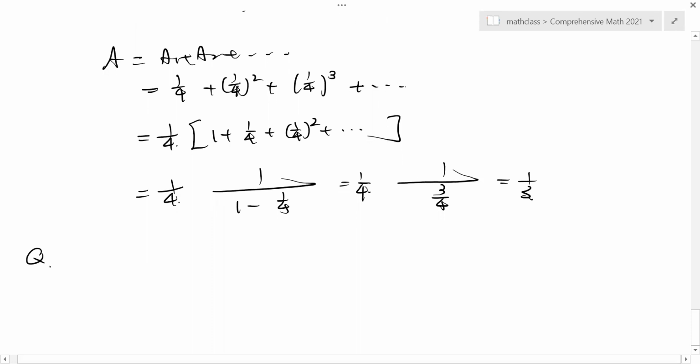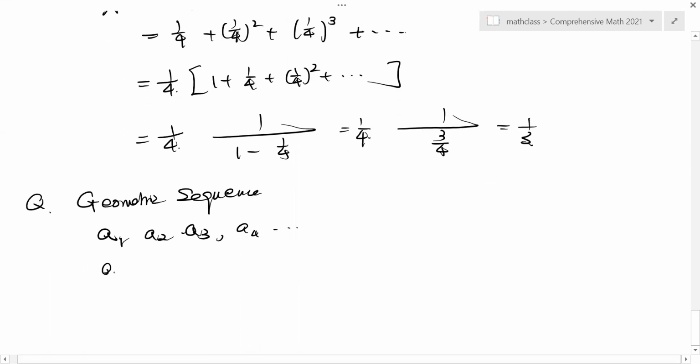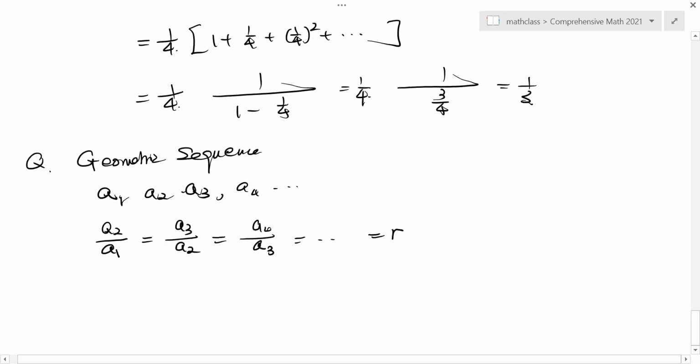we have the geometric sequence. Now what is a geometric sequence? Well, a geometric sequence means you have A1, A2, A3, A4. They are the consecutive terms. The ratio of the consecutive terms are all the same. They're all equal to R. Okay. So in other words,